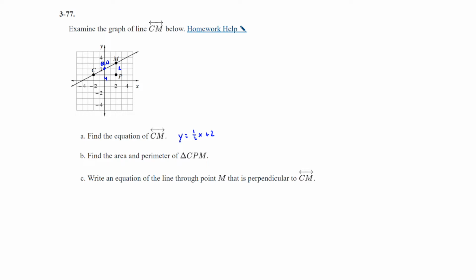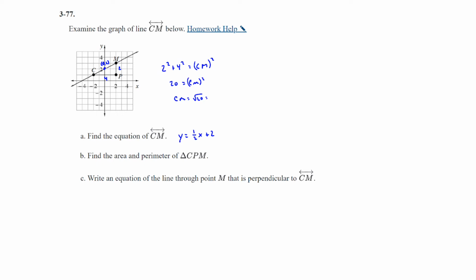Find the perimeter and the area. So for the perimeter, we have 2 and 4, but we need to use the Pythagorean theorem to find out what the hypotenuse is. So 2 squared plus 4 squared is equal to the distance of CM squared. So we got 4 plus 16 is 20. And then we can take the square root of both sides and get that the distance is the square root of 20,